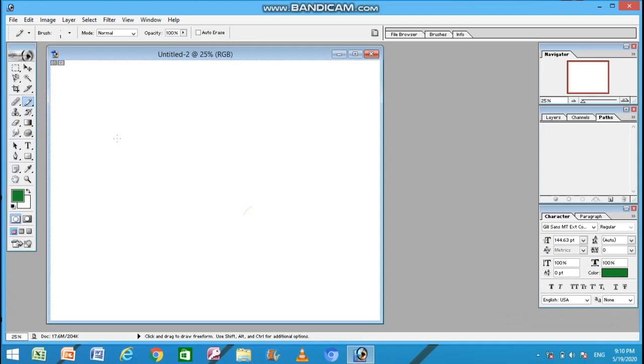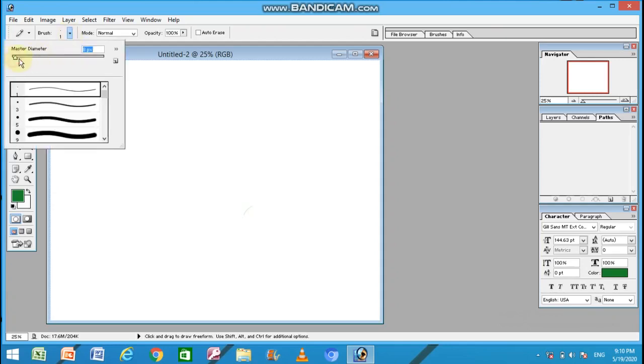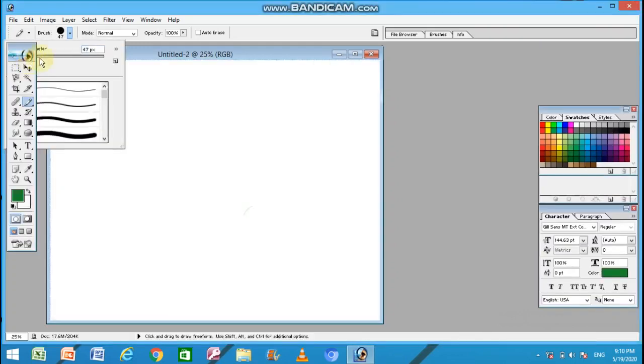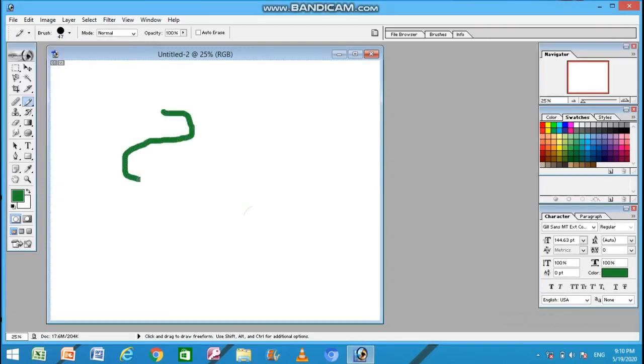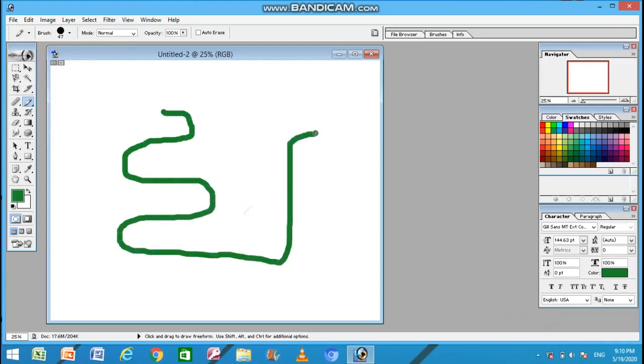You can see the pencil is showing very tiny, so you can increase the size of the pencil by this diameter slider, as I am setting it to 47 pixels. So with 47 pixels, just hold down the left mouse button and drag the mouse to make your drawing.